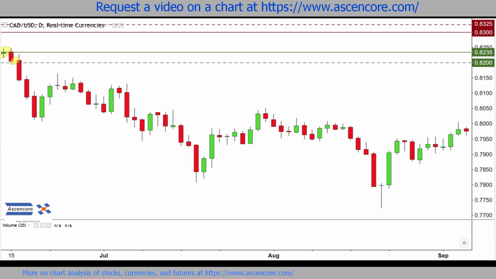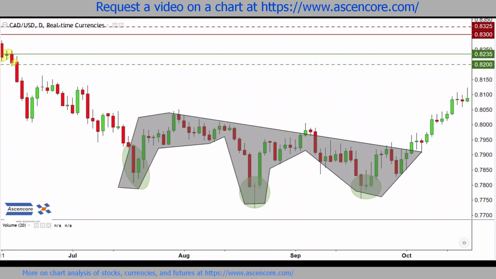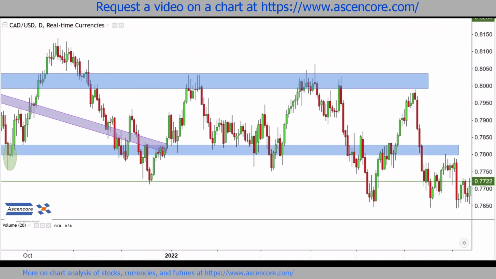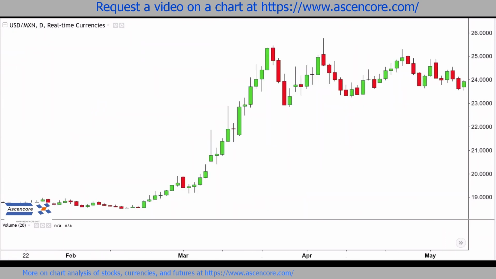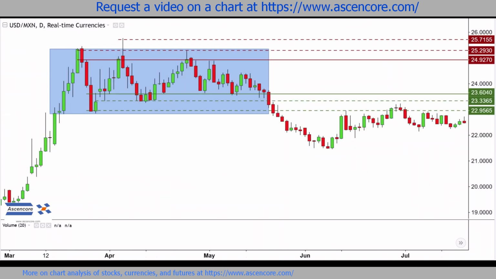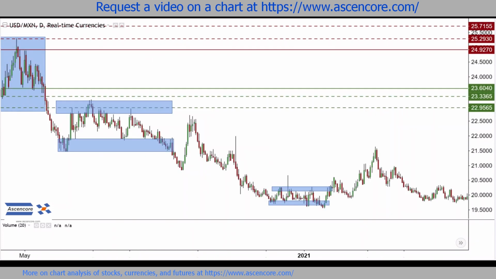Sometimes portions of a pattern, like in this case with the declined reverse head and shoulders, certain swing points can retain influence well into the future, leading to wider trading ranges like this. This next example begins with some triangular features, which can be narrowed down into a horizontal trading range. After dropping below the lower boundary, just like a triple top, upward retracements will be resisted around that 23 to